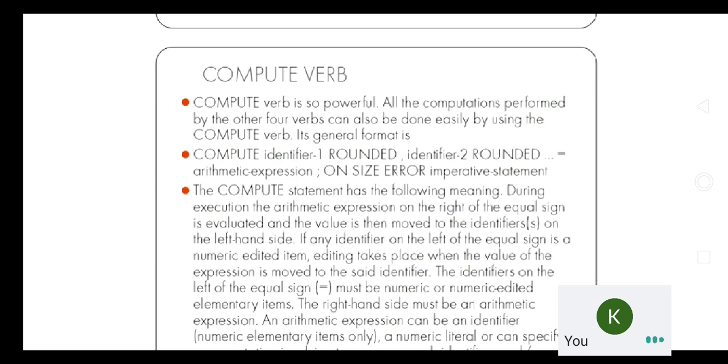Okay. So that's the thing that they are describing over here. So you will have some arithmetic expression. An arithmetic expression, in the sense, is a combination of both operators and operands to the right of the equal to sign. Those combinations of operators and operands we call arithmetic expressions. So you will have some identifiers, and those identifiers will have some values. Using those values, we perform some calculations. Okay. Move to next slide.